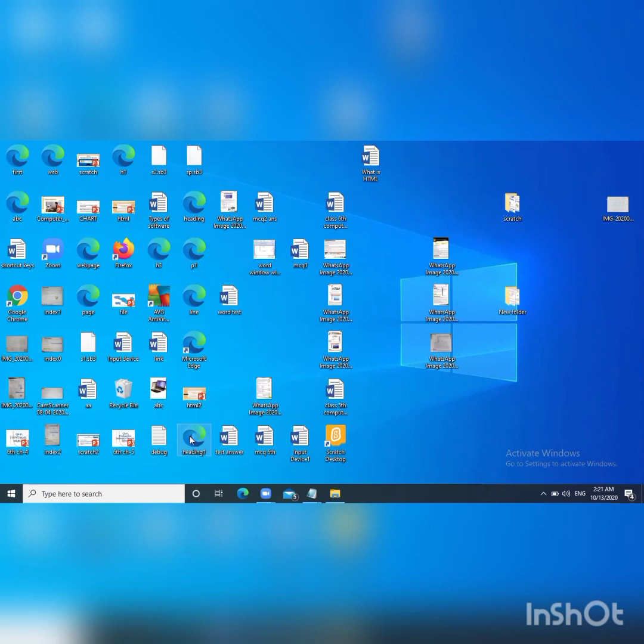One message will display at the title bar, and you can see 6 levels of heading. H1 is the first level of heading, H2 is the second level, third level, fourth level, like that. You can double click on it, or you can open any browser, Firefox, Google Chrome, whatever. Then that file will be opened.